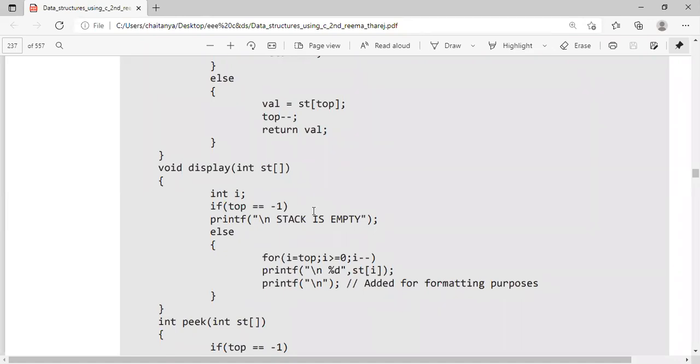If I want to display or print all the elements in the stack of array, I will start at 0 or I will start at top. Here I am considering that I will start at top. For i is equal to top, i greater than or equal to 0, i minus minus. I am starting at the top of the stack, decrementing the value, and printing the value based on i. Initially it is the value of the top. Next, top minus minus: top -1, top -2, top -3, until I get 0. So that you have to understand.